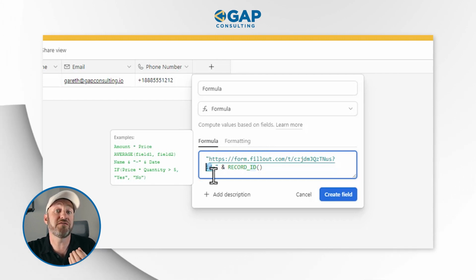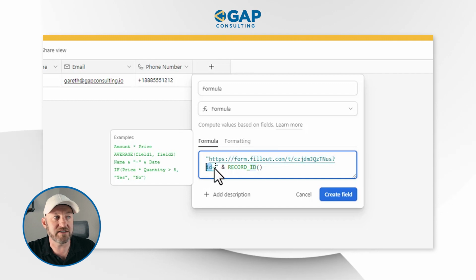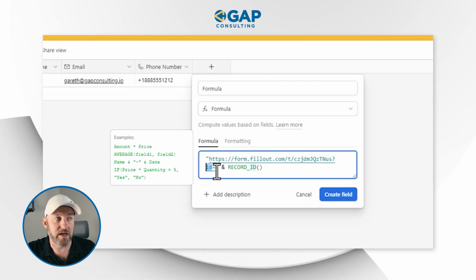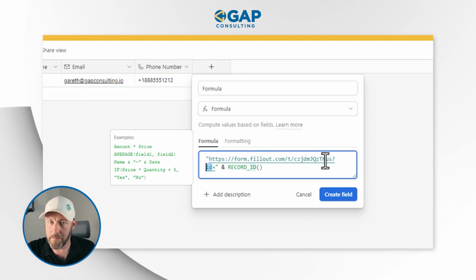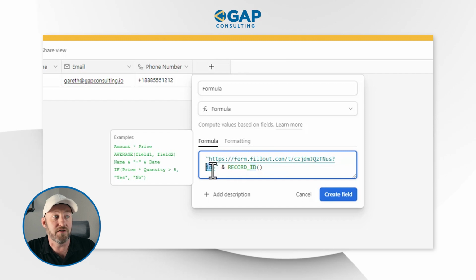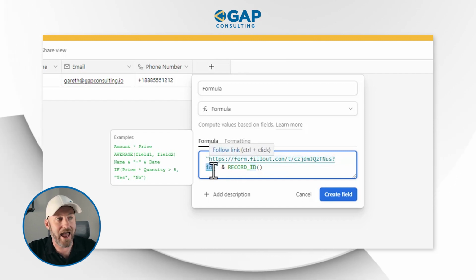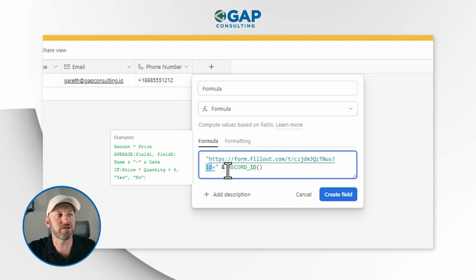And then we're going to define the value of this variable, and that is denoted by this equal sign right here. So bit by bit, what we have is the URL for the form. Then we're saying, question mark means we're about to pass you a variable. The variable name is ID, and the value that we're passing for that ID is,